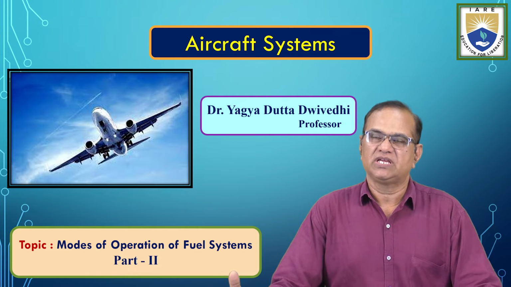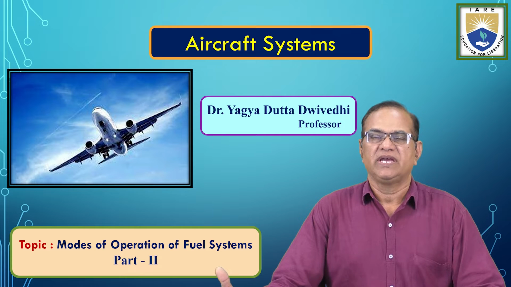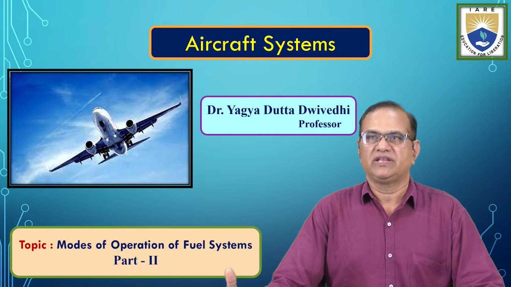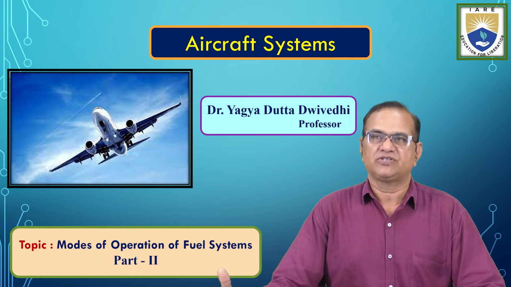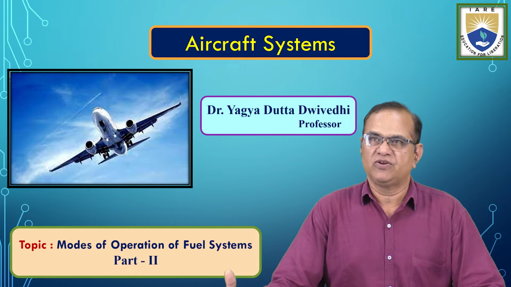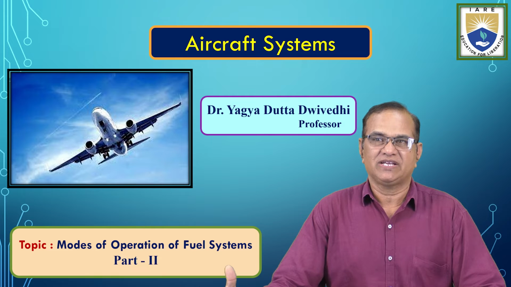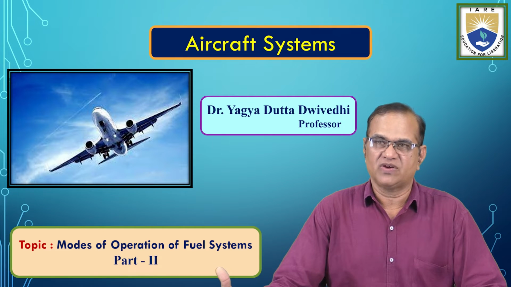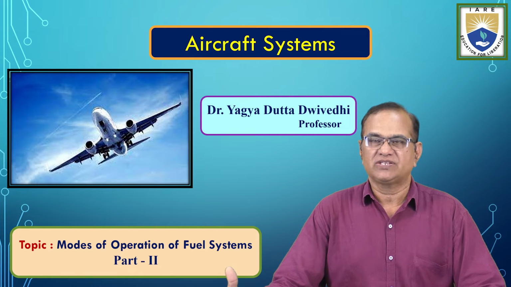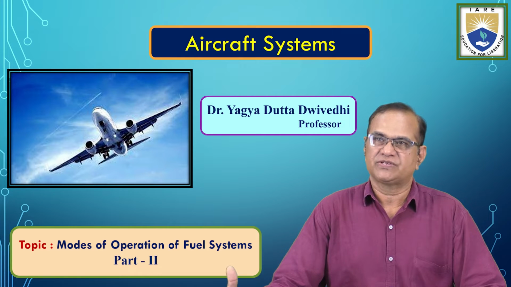In Module 3, we discussed the aircraft hydraulic system and the pneumatic system. In the hydraulic system, we saw the different types of components used, hydraulic fluids, their advantages, disadvantages, properties of the hydraulic fluids, and different systems operated by hydraulic devices. We also covered the pneumatic systems. If the hydraulic system is not working, pneumatic systems are used. In the pneumatic system, we saw different types of components used in the aircraft like pumps, reservoir, filters,